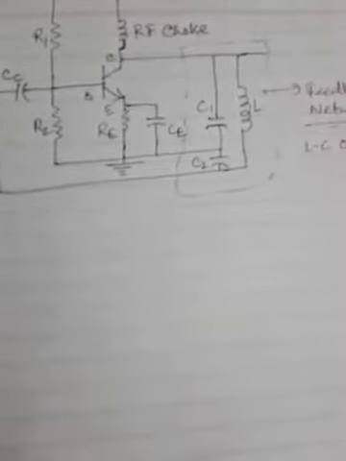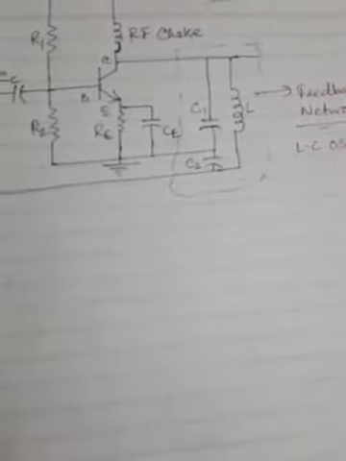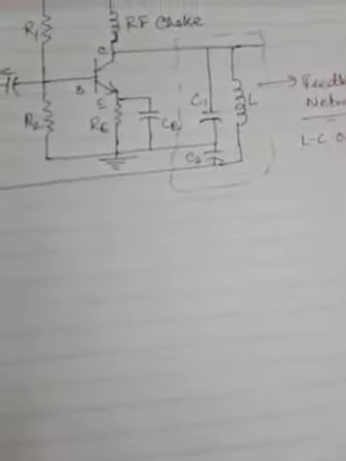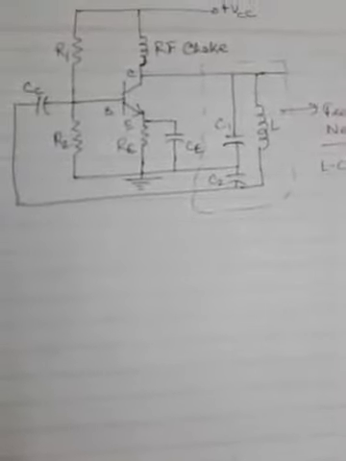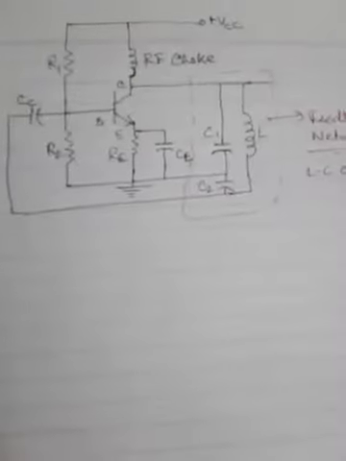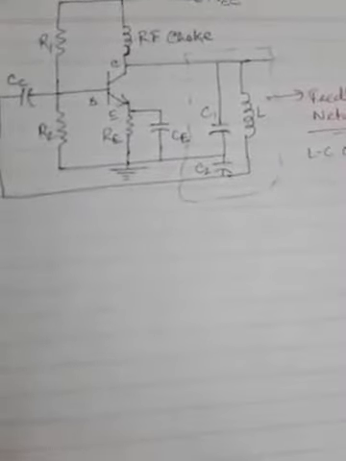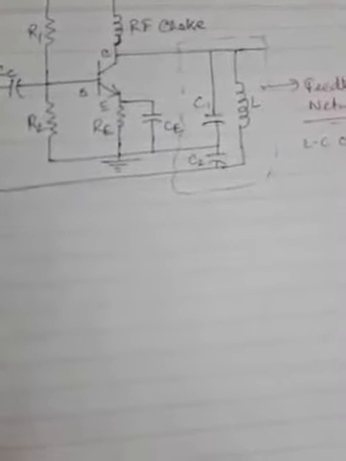The resistors R1, R2 and RE and the supply voltage VCC establish, as I have already told you, the DC operating point of the transistor. And the C is the emitter bypass capacitor. It offers negligible reactance at the frequency of operation, because when the frequency is high, this C will be acting as a short circuit path to the passing of the signal.